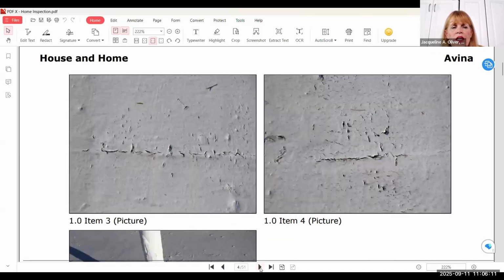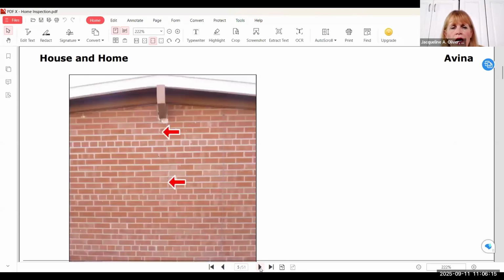Okay, and this is showing the roof. These are rolled roofs out there. And this is showing the side of the house, the exterior where the bricks, there was a crack going all the way down. And the reason I'm showing you this is because some of you have seen a lot of inspection reports, but often you haven't